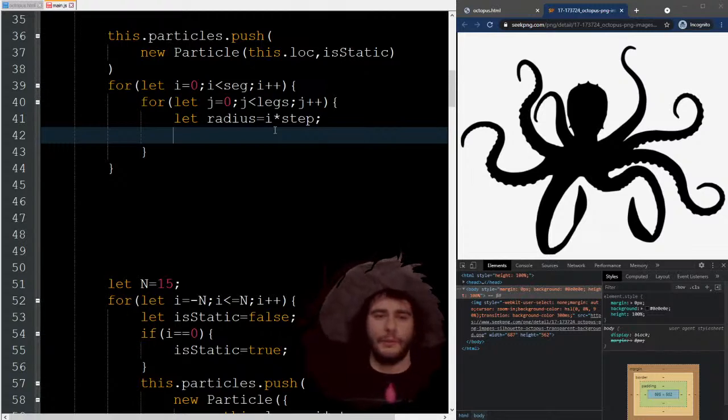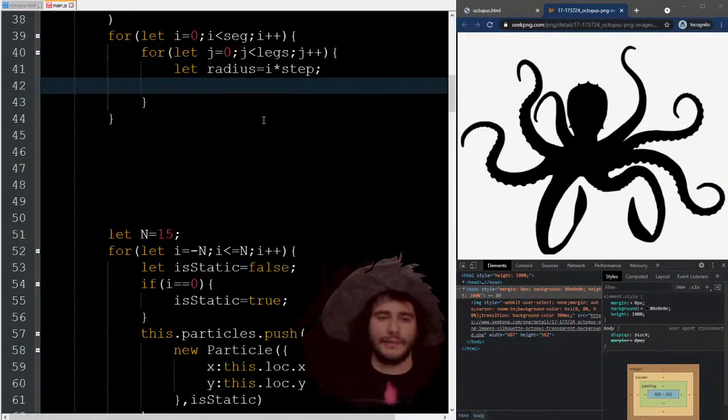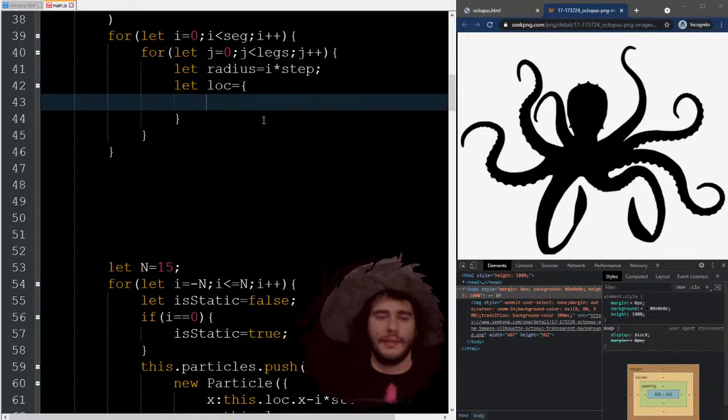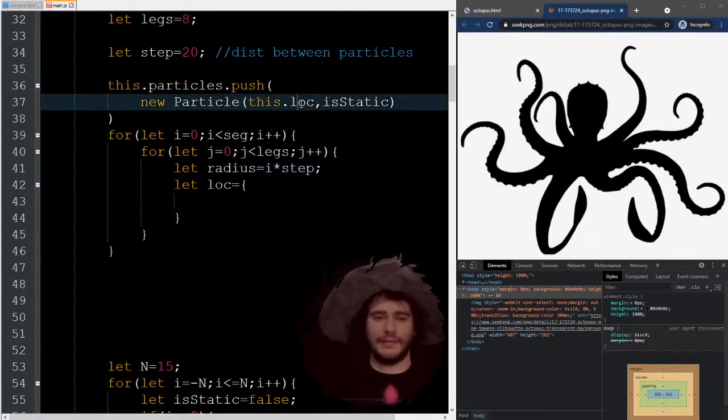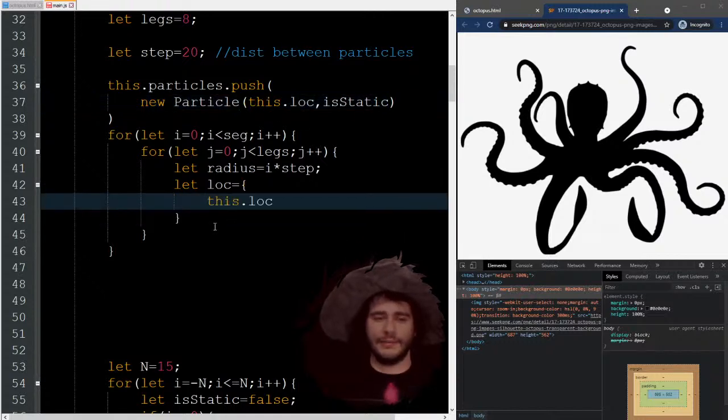to figure out the location of each individual particle, like location is equal to, I'm going to take this radius into consideration and this main location of the head into consideration. So I'm going to say the x is going to be this location x plus,